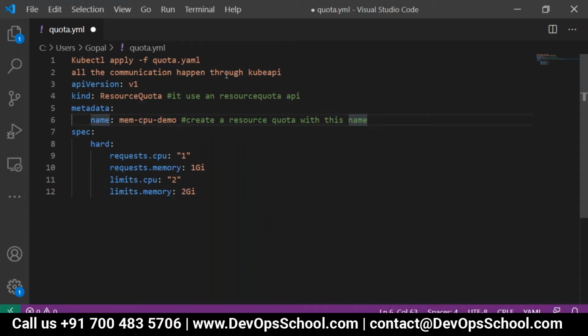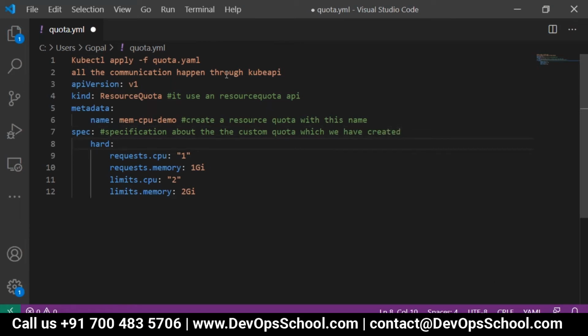So what it has done, it has created a resource quota with memory, CPU demo, the naming convention, and specification about the custom quota which we have created.